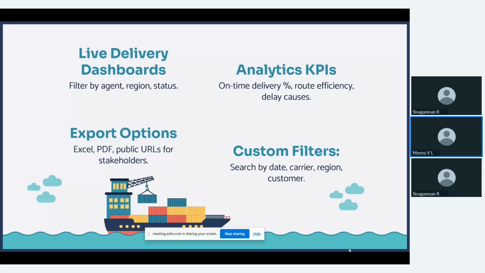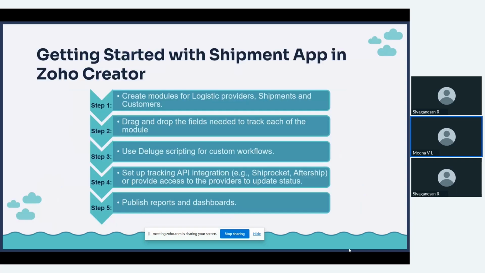And if you want to share this data with any internal teams, once your delivery partner has delivered, they will be giving you the bill amount. In that case, the finance team may need the data from your logistics operations, so you can pull out the Excel report and share it with them. Also, you can apply custom filters based on the fields that you're tracking in your application. All these are possible with Zoho Creator's Analytics.